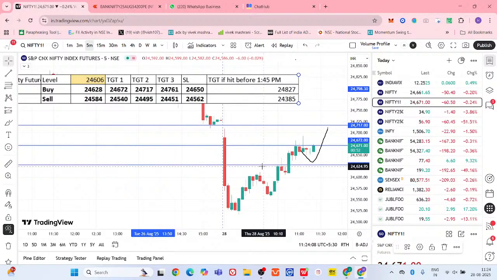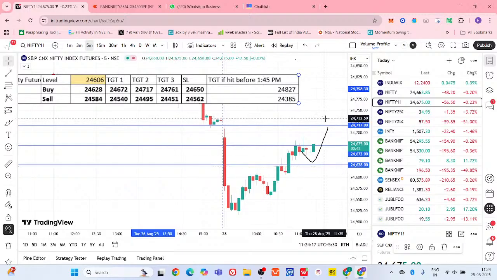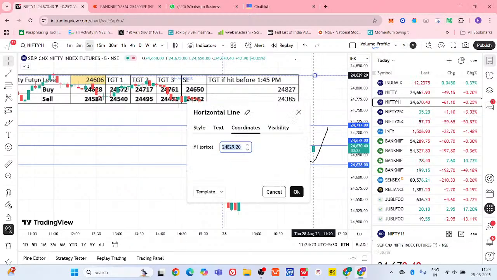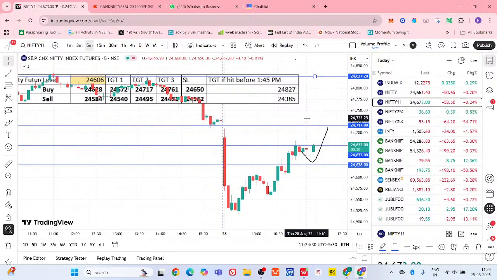Now, if this 674 also kind of sustains, then the next target is 717, 827 will be the final target. Okay, so I'm not expecting 827, I'm just telling you. Okay, these levels will work that way. So 672 is done. We need to see whether it sustains and then hits the